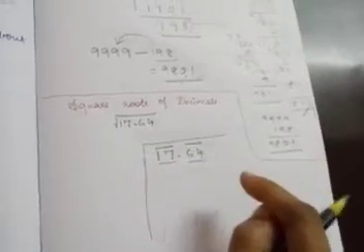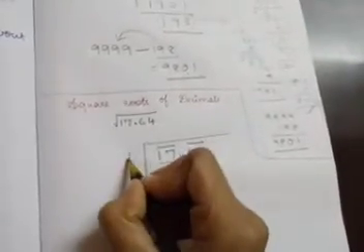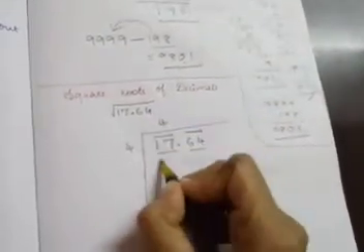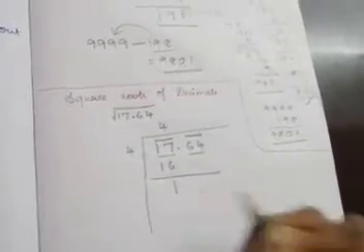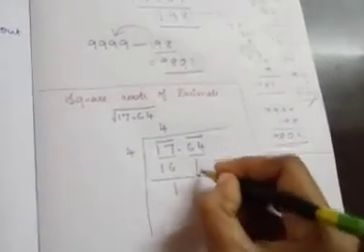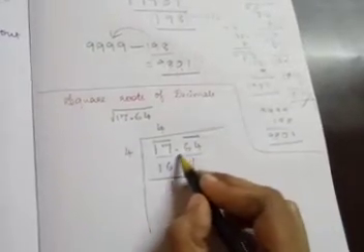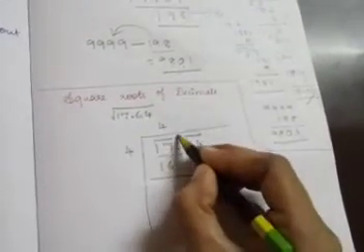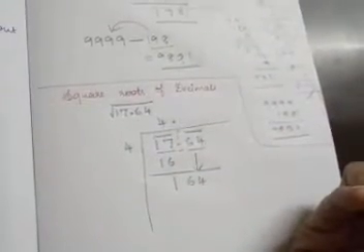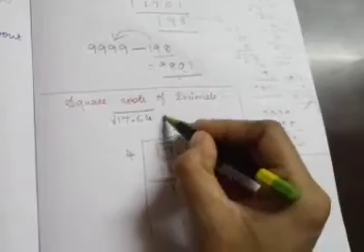What is that number? It is 17. So 17, how will you write? 4 4s are 16. Remainder 1. And you are bringing this both down. When I am bringing this both down, there is a decimal number here. So what will you do? You will put this decimal number above it.